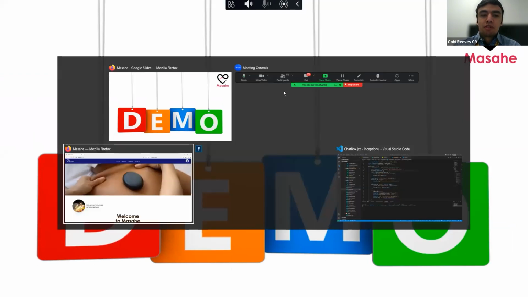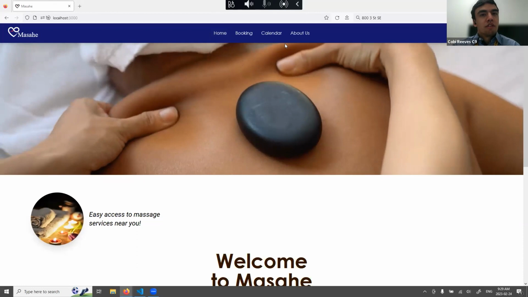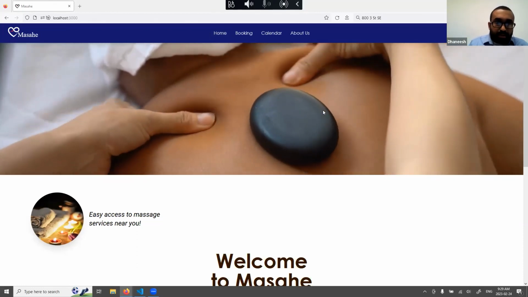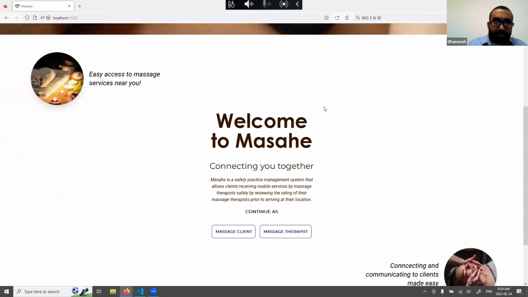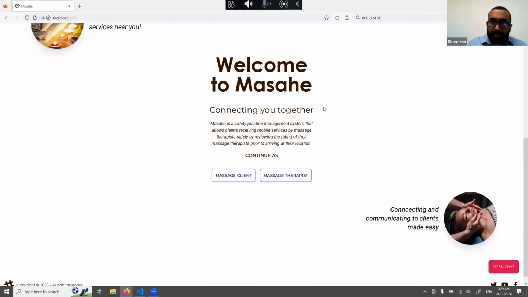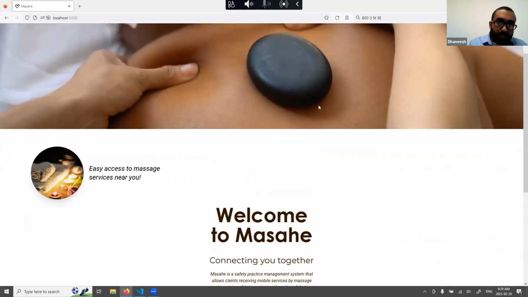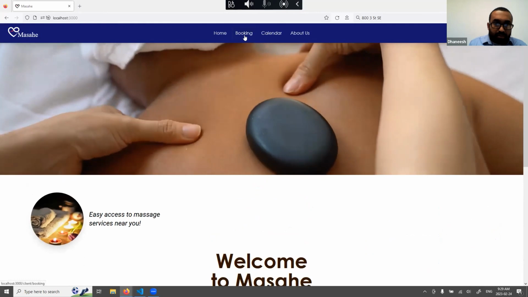So let's move over to our website here. I'll pass it over to Danish again. To begin with the demo, this is our landing page. Our home page is pretty straightforward. And once you're at the home page, the authorization level is set as guest mode. And once we go to the About Us,